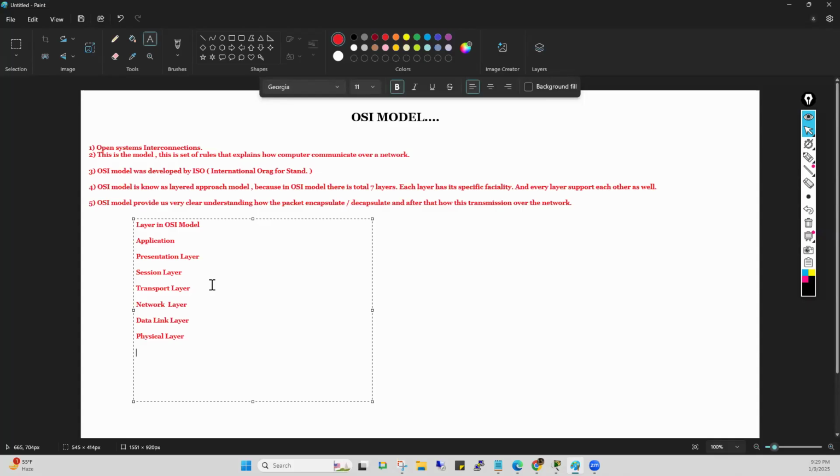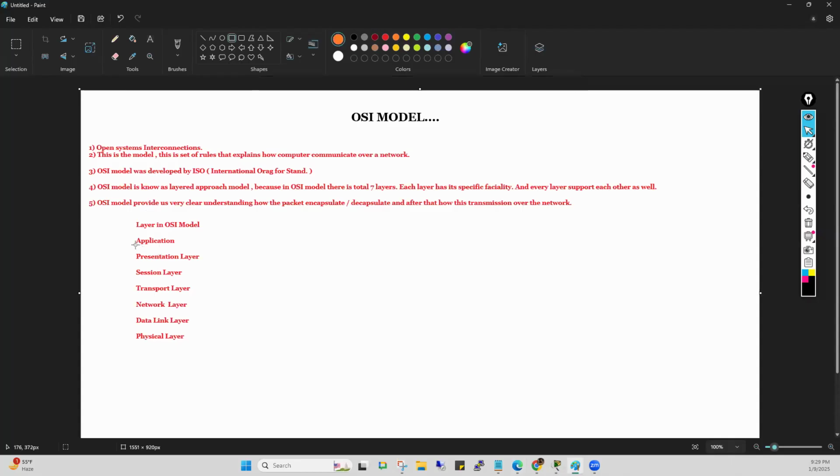Understand, everyone, yes or no? These are the 7 layers in the OSI model. Clear, everyone, yes or no? Understand? Now, here one thing you need to understand,